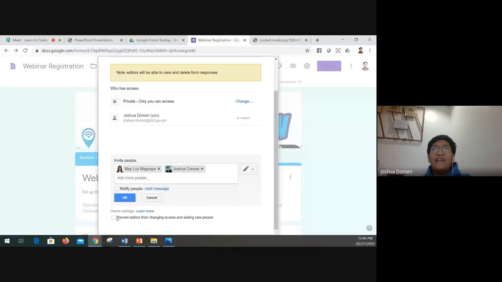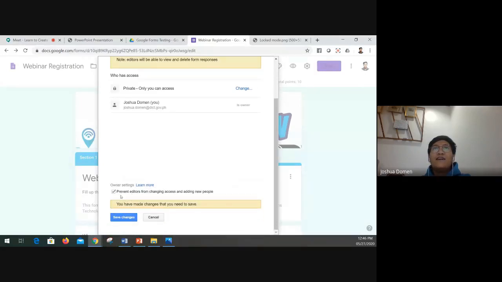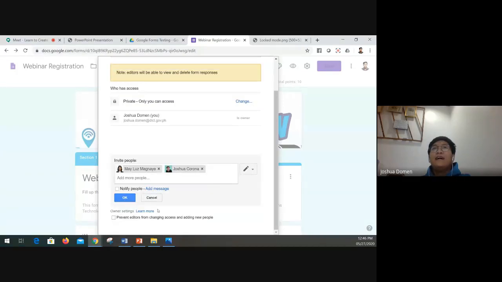So you can prevent them from editing, or from adding people, or from changing access. If it's view only, pwede din po siya. So you can restrict that. Now, the final